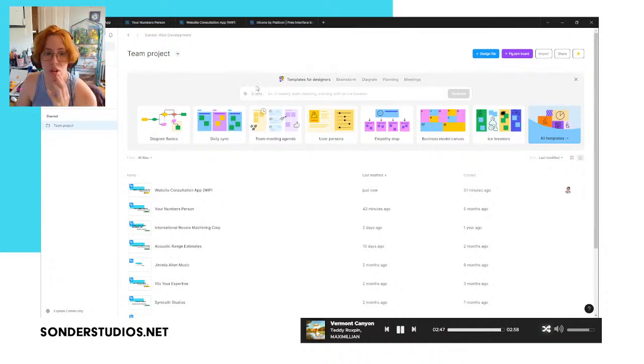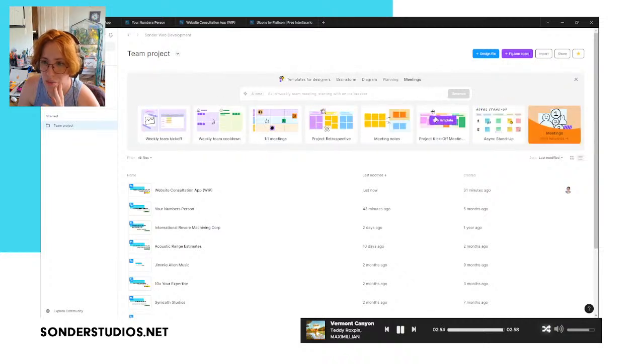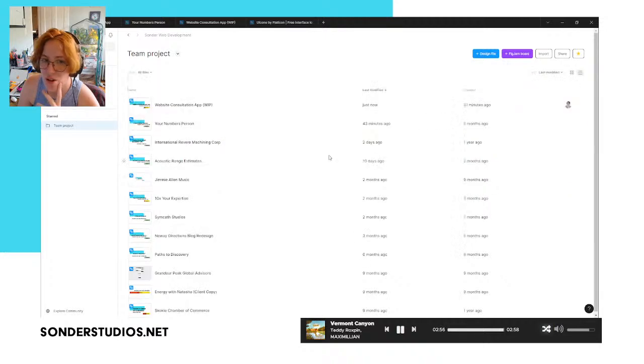Okay, here we go. Templates for designers, brainstorm, diagram, planning, meetings. That ain't it. This is all FigJams. Get out of here.